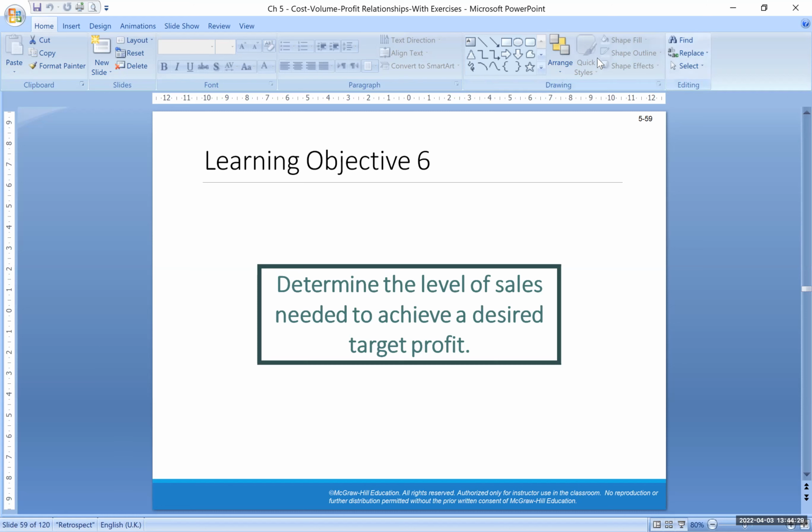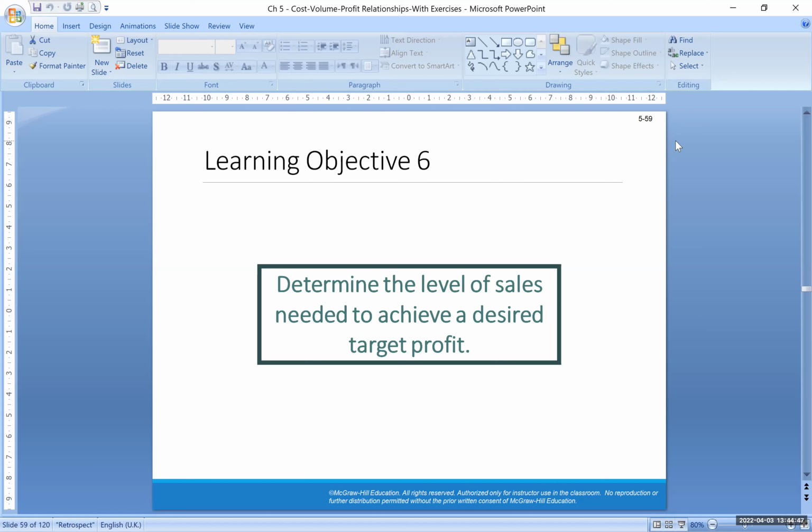Hi guys, this is the third lecture in chapter 5. Lecture number 3 in chapter 5. And we are finalizing learning objective number 5. And if you remember, we